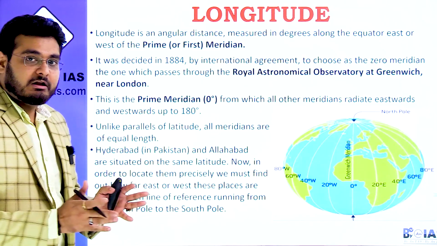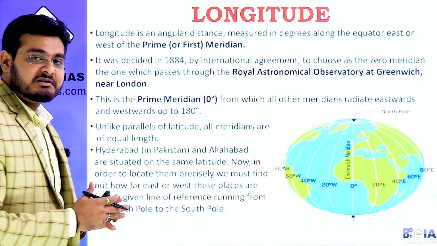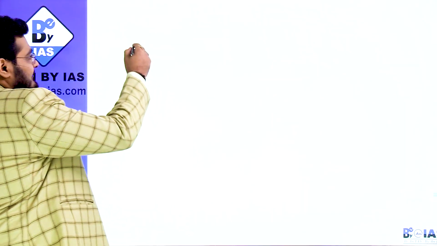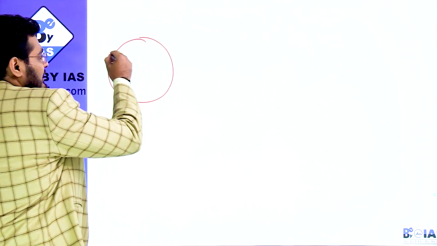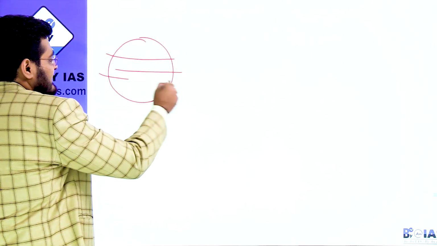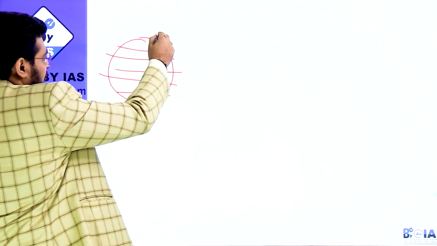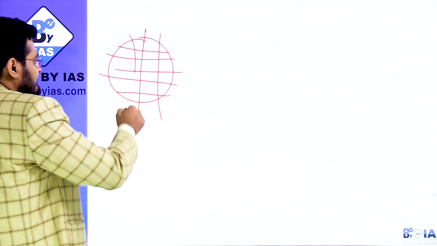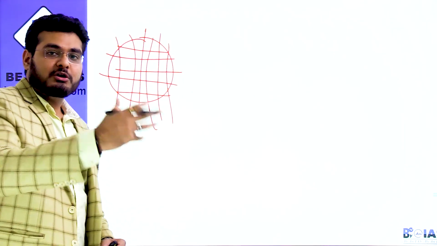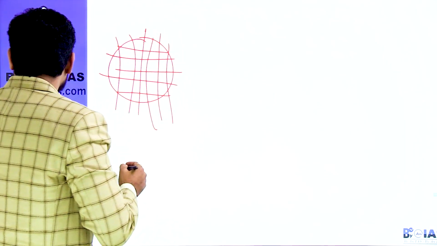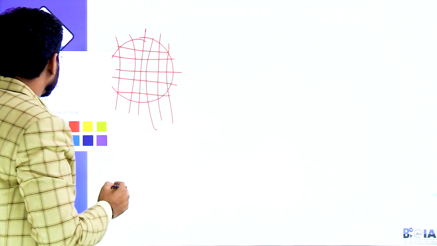Now we'll be focusing on longitude and trying to understand its importance. As I have also told you, you might remember that I explained how a location on any place on Earth can be decided not only by latitude, but longitudes are also very important. These are the longitudes which travel from North Pole to South Pole. Always remember, the longitudes travel from North Pole to South Pole.